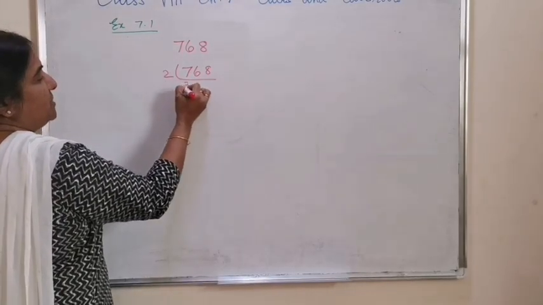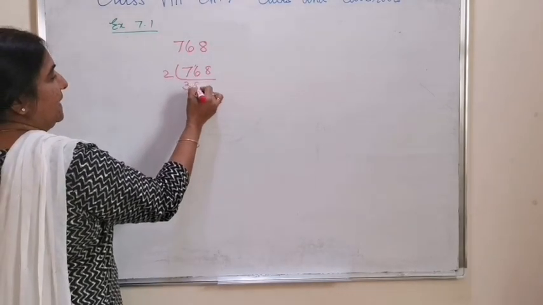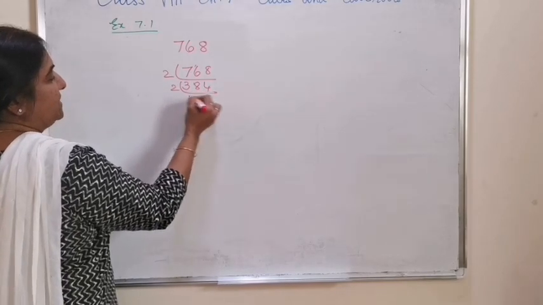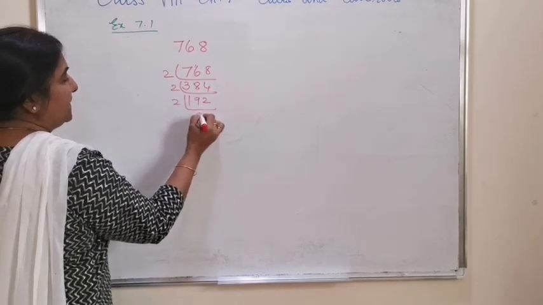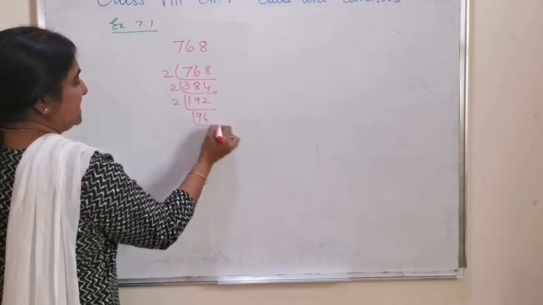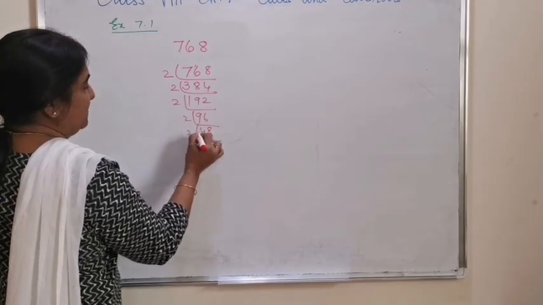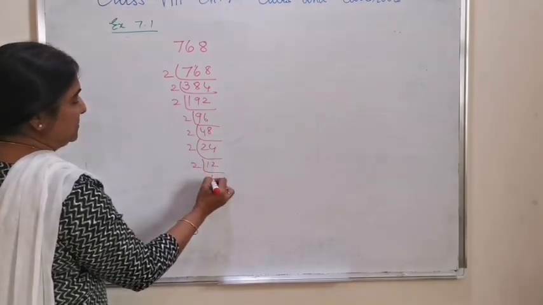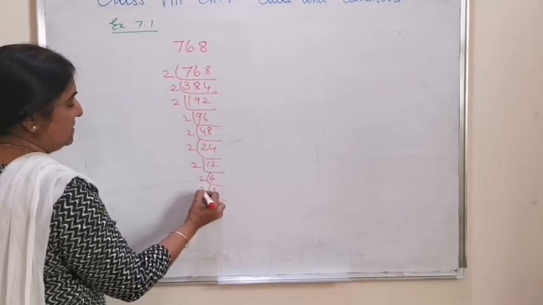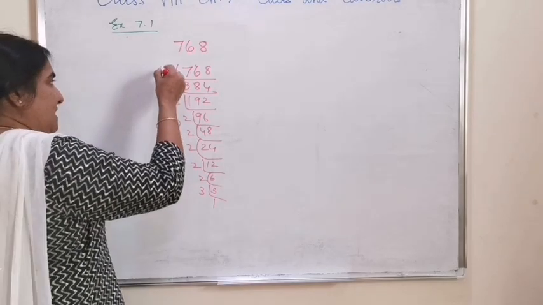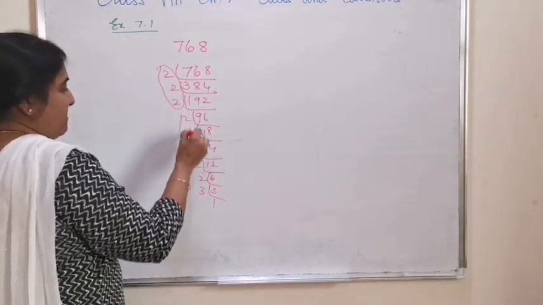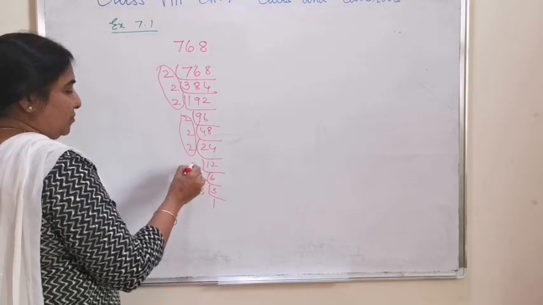By 2, 3 2s are 6, 8 and 4 divided by 2. 192 by 2 it is 96, by 2 48, by 2 24, by 2 12, by 2 6, by 2 3, 3, 1. If you see that 2 into 2 into 2, 2 into 2 into 2, 2 into